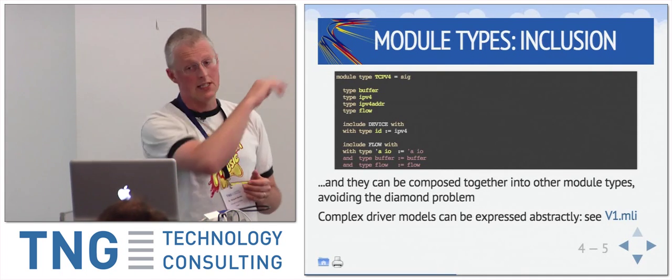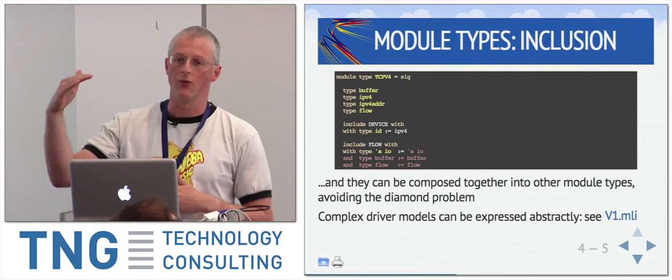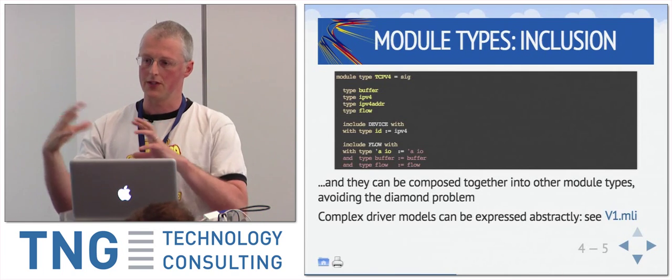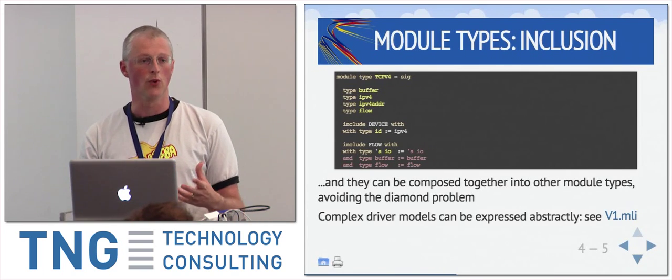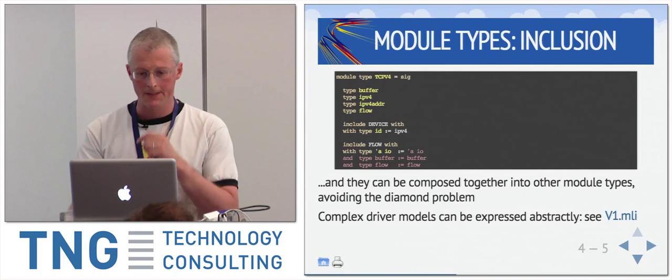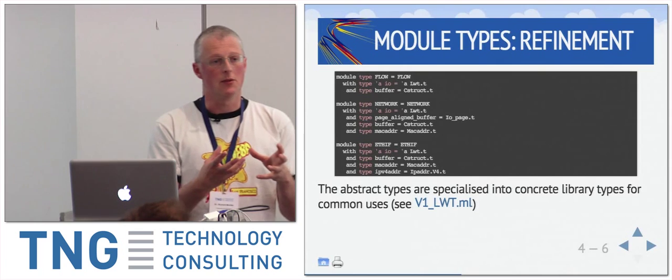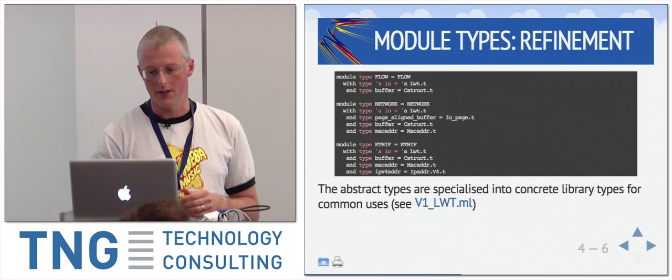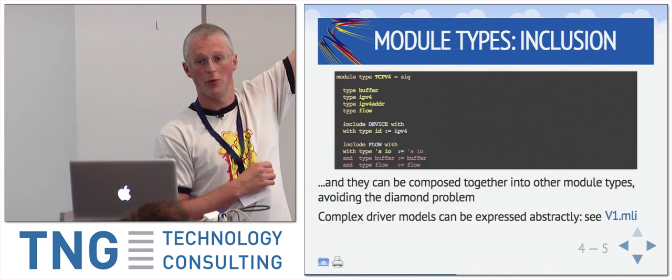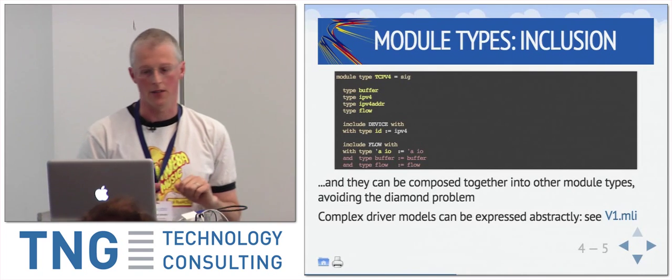If you go and look at that interface file, that exposes all of the types that Mirage relies upon. So all of these different structures that we're willing to support and that the libraries we've got implement. You then take this abstract type. So that had a bunch of abstract types in it, right? I didn't tell you what a flow was, I didn't tell you what a buffer was, I just said they had to be the same between these two things.